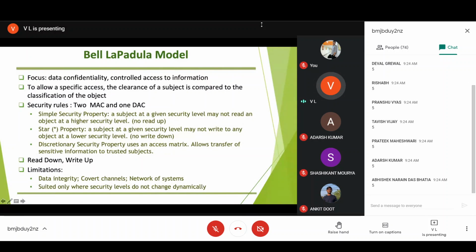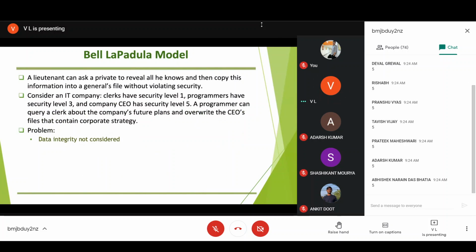So the point that we need to remember is the read down is allowed, write up is allowed. But the main problem with this would be the data integrity. We'll see how. This is one of the examples. So as I said, this is not concerning the data integrity. So information can flow from low to up, but then the problem is when it is flowing from low to up, then quite possibly it can also